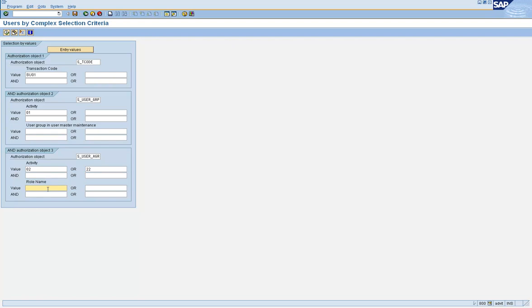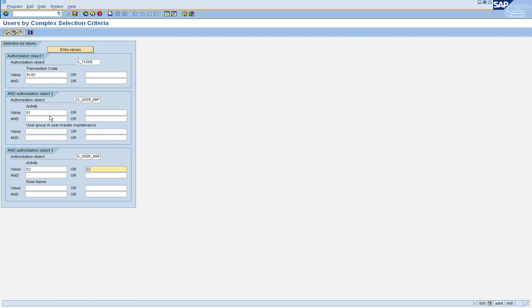You usually allow the users to assign any kind of role, right? But roles also contain profiles, right? When you assign the roles to the users, even the profiles are attached. So attachment of the profiles is controlled by the object S_USER_PRO. So we don't have any more options to enter any more objects. So let's use this combination.